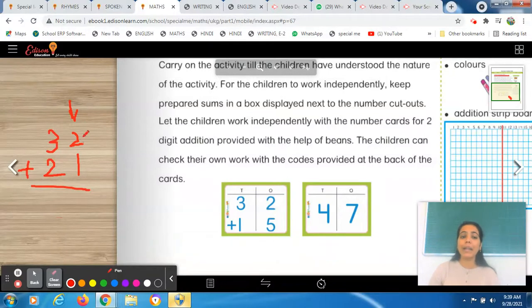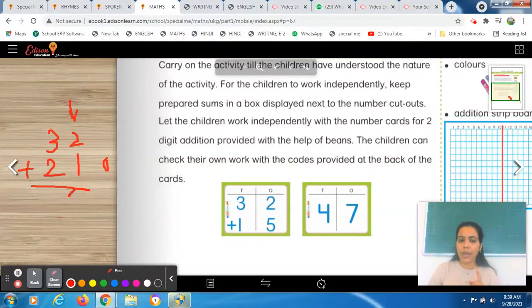you have to keep the biggest number in your mind. So you will see which is the biggest number in both, 2 or 1. 2. So you have to keep 2 in your mind, and then you have to add 1 into it. How will you add? You have to take one bean from the bowl, place it over here. So I'm saying that 2 beans you already have. You have to add 1 into it. So how many do you have now? 2 plus 1, it's 3.